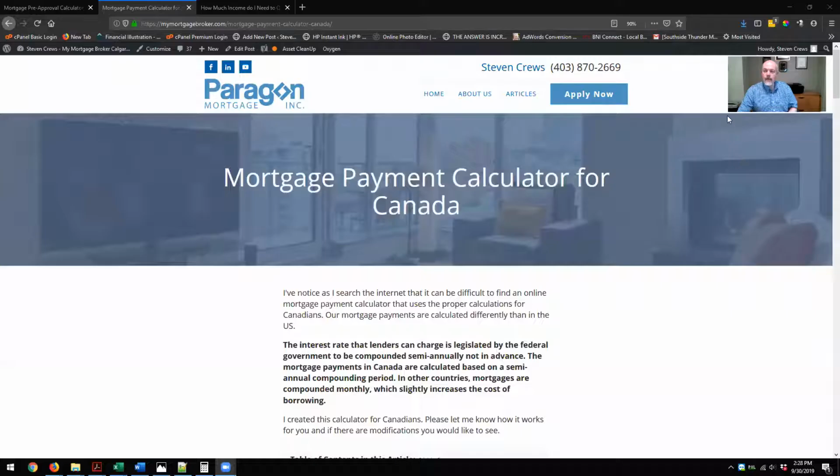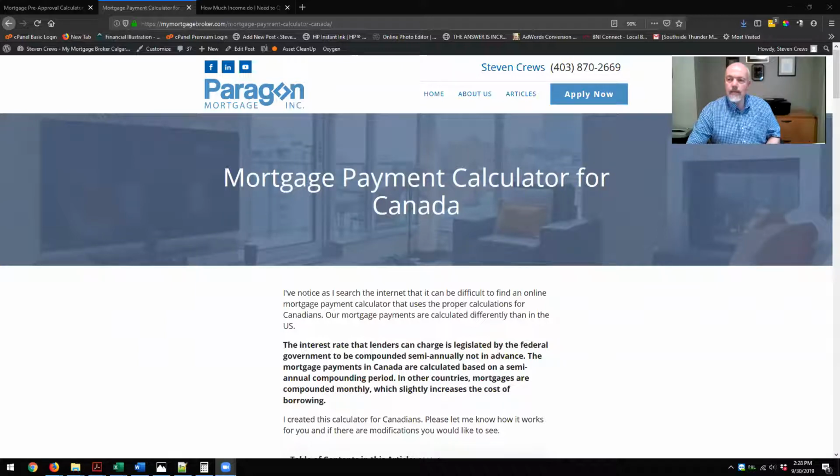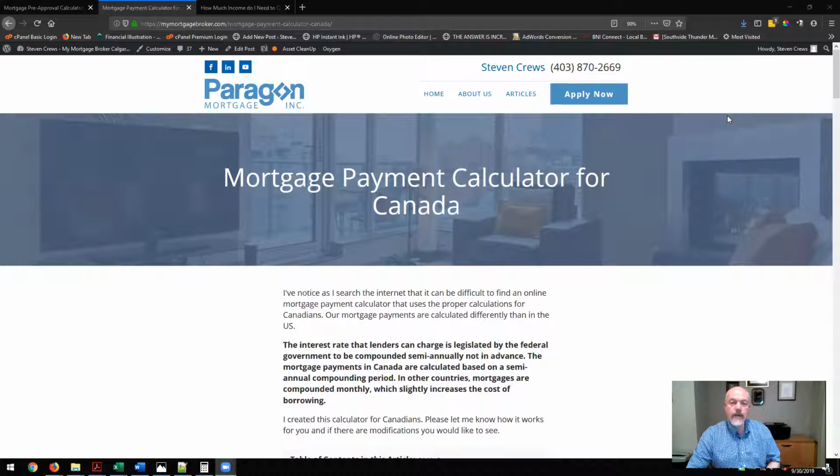Anyway, so let's talk a little bit about that mortgage payment calculator and how it works, so that you can play around with it. I'm going to share my screen, and then we can play. I'm going to move my picture down to the bottom here, and hopefully that helps. So the mortgage payment calculator on my website is found at